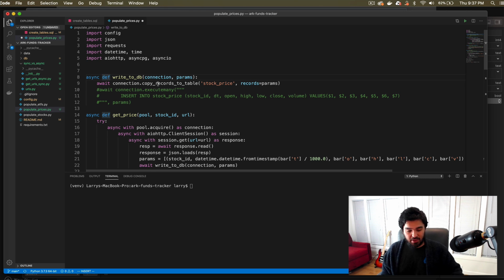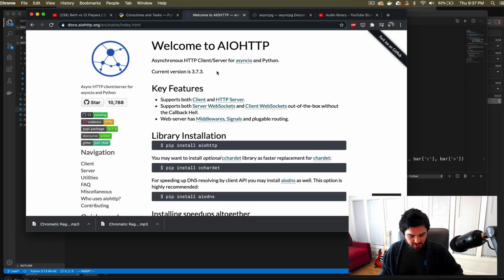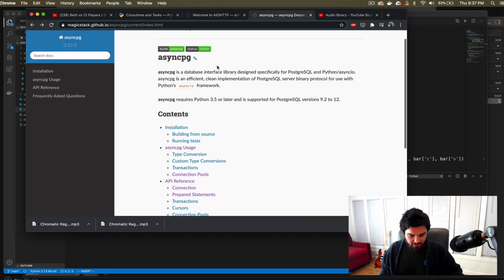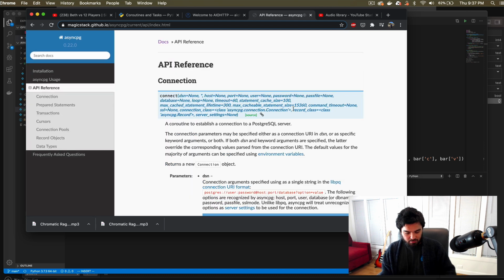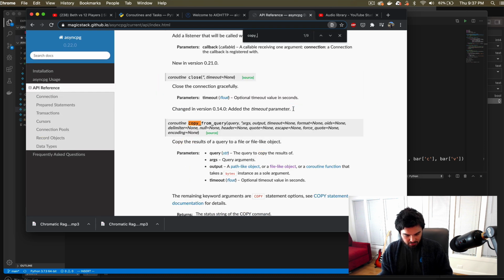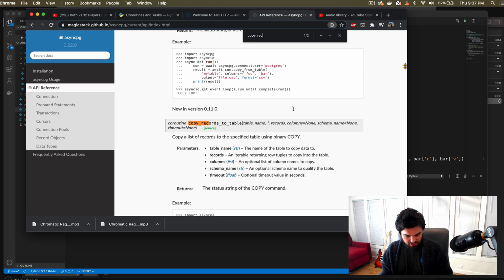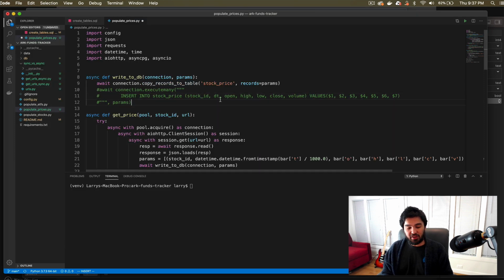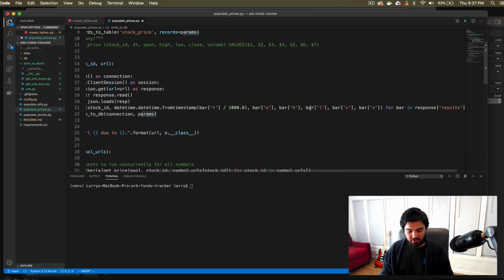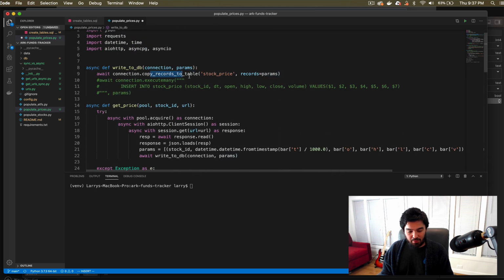And so that's using a routine called copy_records_to_table. Instead of just writing an insert statement, asyncpg has a special copy_records_to_table, which copies a list of records to a specified table using binary copy, and this actually runs much faster. I could use connection.executemany and just run a bunch of insert statements for each of those bars that I built,